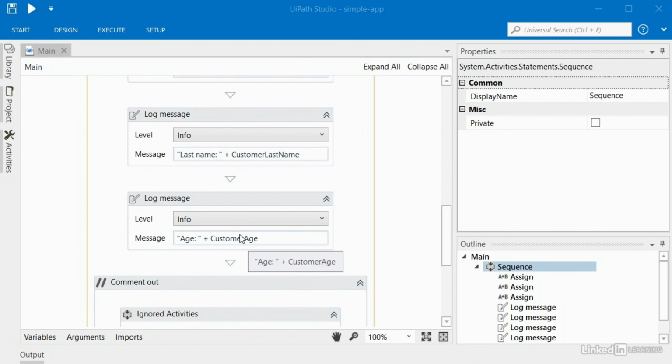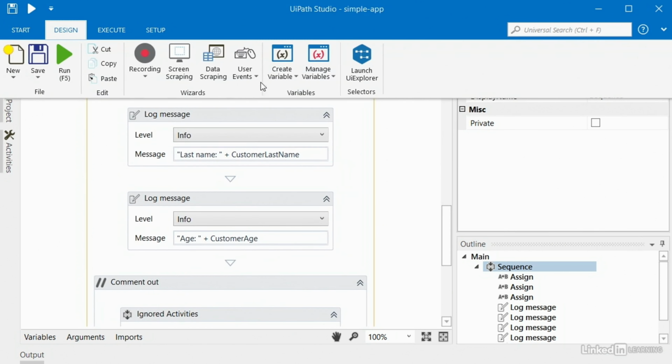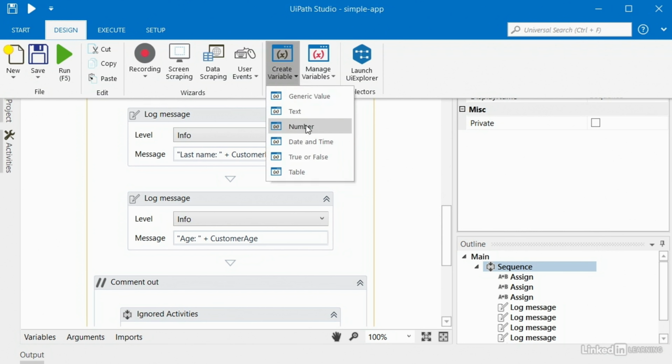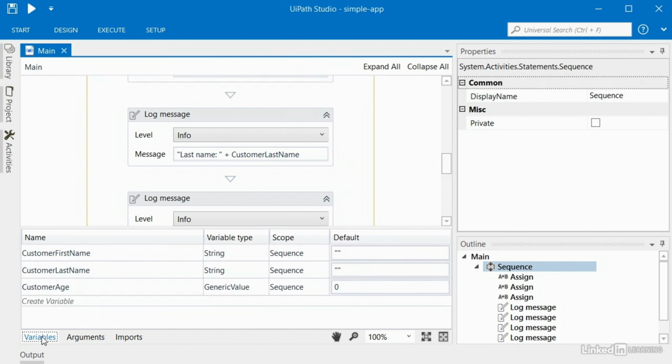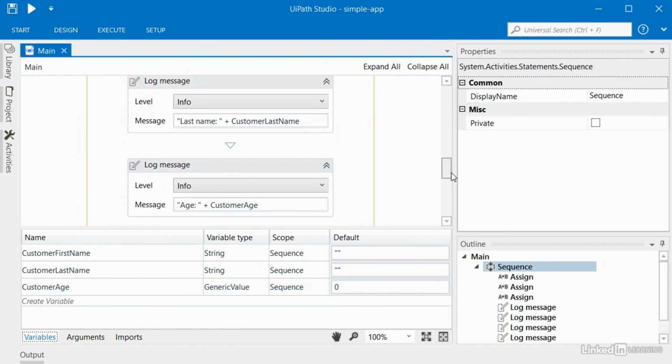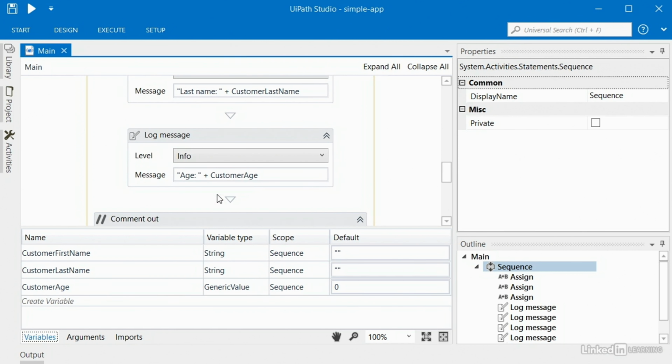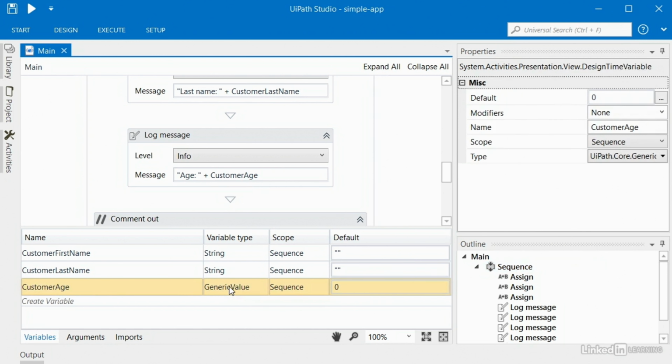The secret lies in the fact that when we created that age variable, we created it as a number. And if we jump down here to our variables, we can see that customer age is in fact what's called a generic value. UiPath used that as a convenience for us because it allows this number to more easily be converted to a string when necessary without throwing an error. I can override that and change this data type by clicking on it and selecting something different like int 32,